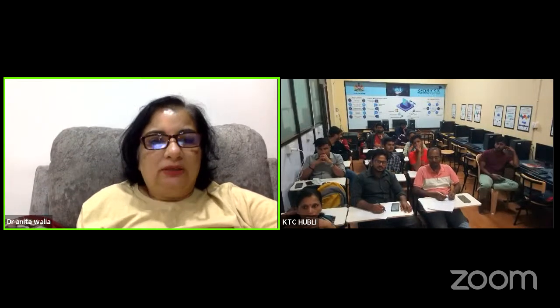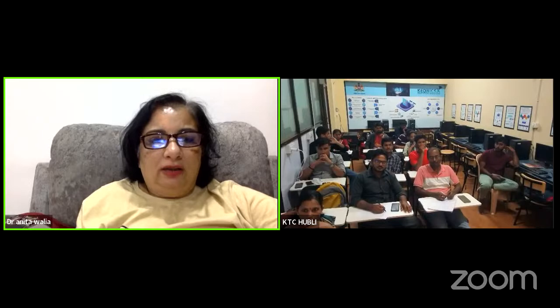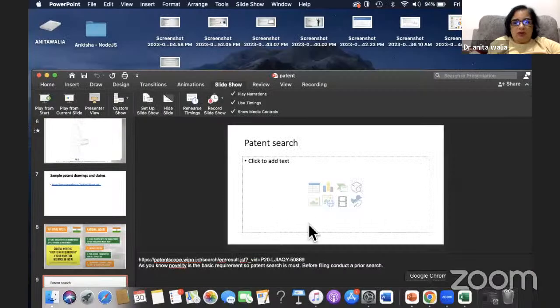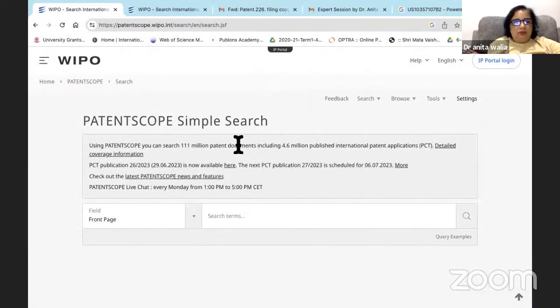How do you do a patent search before you file or before you go for application? Find out in the patent database whether it is already done or not. And whatever patent you're filing, suppose in India, it is protected in India only, not outside. Whichever country you're filing in, it is applicable in that particular country only.